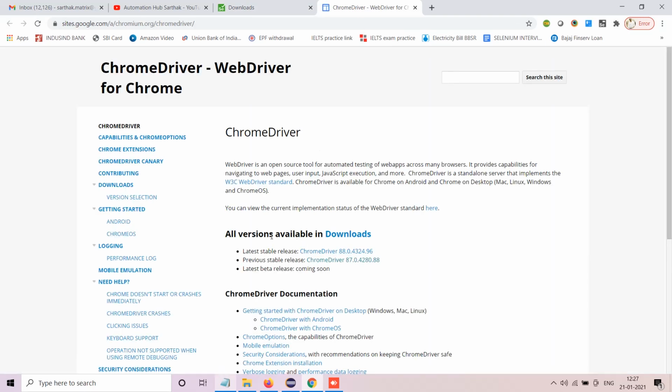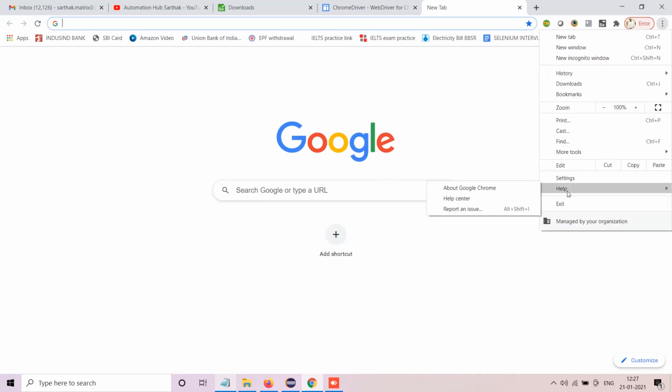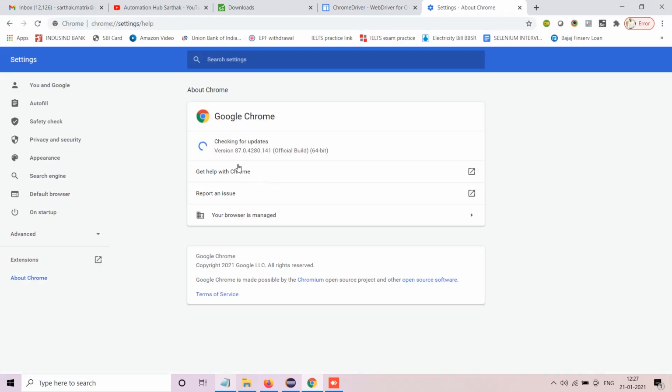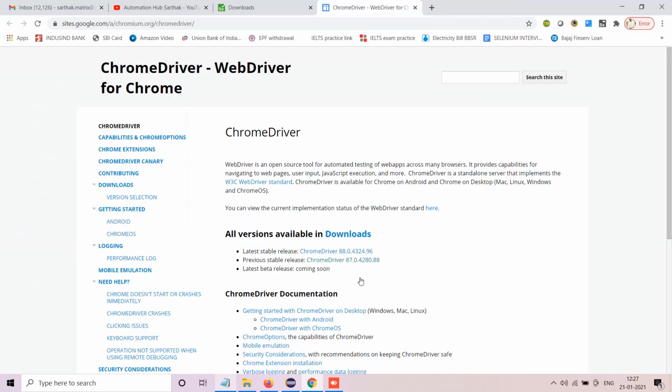The current stable release is ChromeDriver 88.0, and the previous stable release is this. First, check your Chrome version. Mine is currently 87 point something, so I'm going to download this. Depending on whether you're on Windows 64-bit or 32-bit, or a Mac or Linux machine, you'll get that option here, and then you can download it.